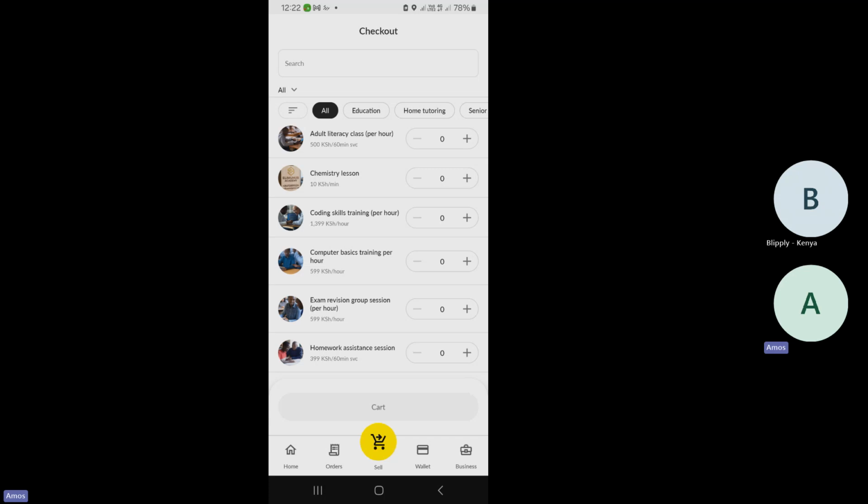So what have we looked at during the session? We have looked at how to make your first sale in either a product shop or a services-oriented shop. After that, we have seen that there are various ways through which you can receive your money. One of them is by having your customers scan the QR code for the Tcash Soko. That is, if they have the Tcash wallet. So they can just scan and you get paid directly.